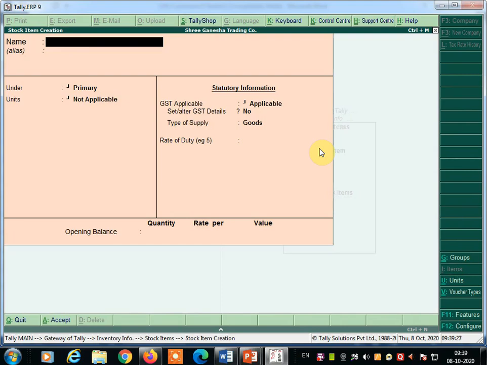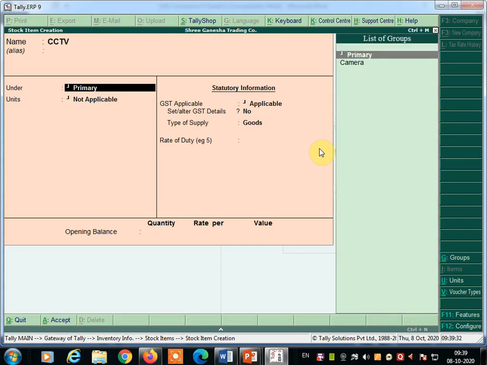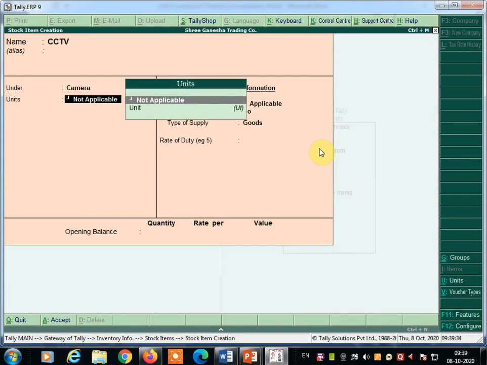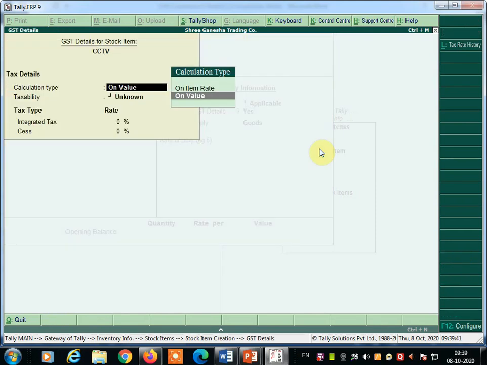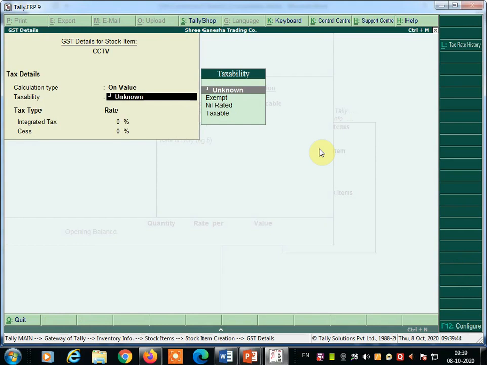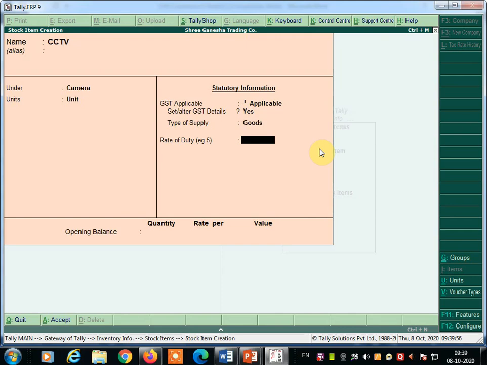So CCTV, here under camera, unit, applicable, yes, here on value, taxable, and here integrated tax 28%, so you can write here 28%. So goods, and press enter key, save this. Okay, so this way we finished step number 3.